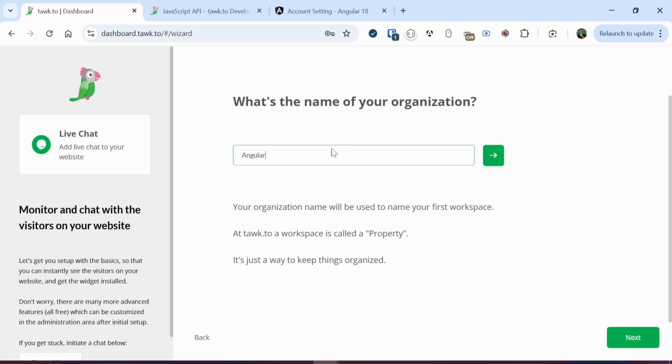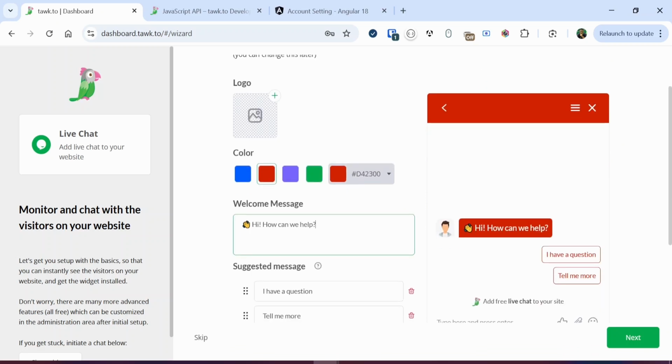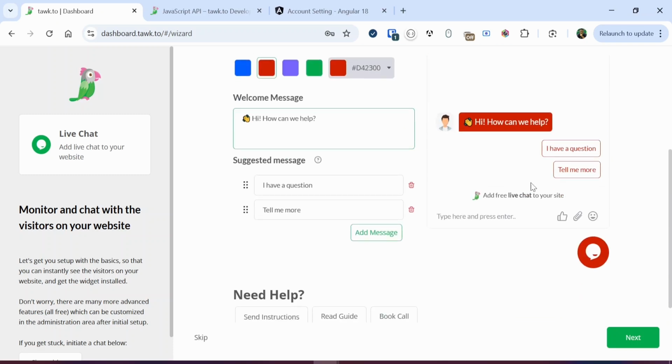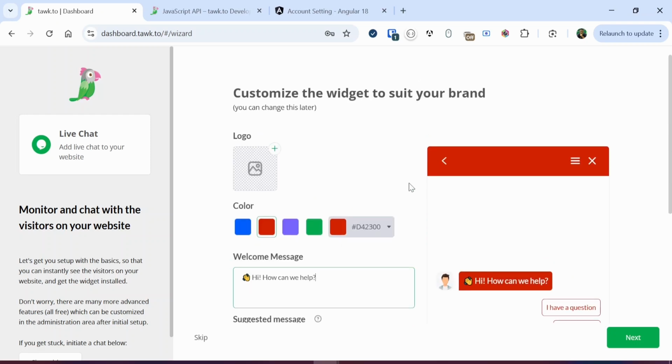Now it asks what the name of our organization is. I'm going to call it the name of our YouTube channel, which is The Code Angle. Yeah, that's better. And then I'm going to click on next once again, and then we're asked to select a color and add a logo, but I'm not going to add any logo, or probably we could add a logo. Probably let's just skip that part, and I'm going to select the color. So I think I'll go with red, which is similar to the Angular logo's color. And the welcome message, I'm going to leave it as it is. So this is how it's going to appear on our website. So you can always modify this however way you want. You could choose to delete this if you want, but I'm just going to leave everything as it is by